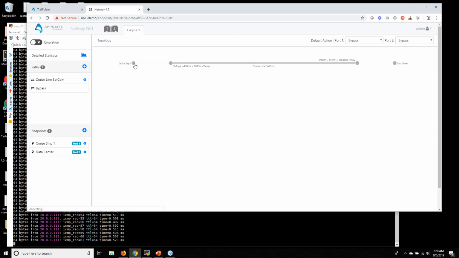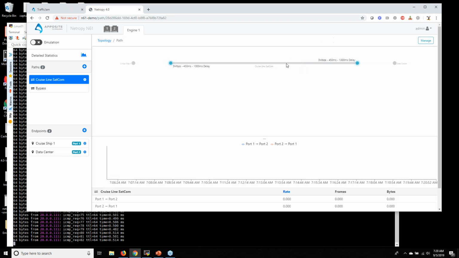So anyone with the IP address of 20.0.0.112 is now assigned to the cruise line SATCOM network, and anyone with the IP address of 20.0.0.111 is also assigned to the same network. But right now, you can see I'm pinging from 20.0.0.112, and I'm not seeing any latency.